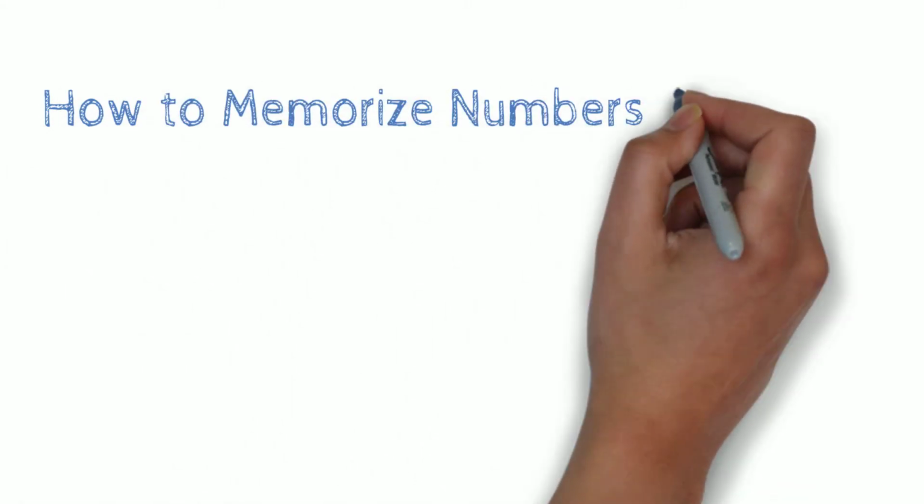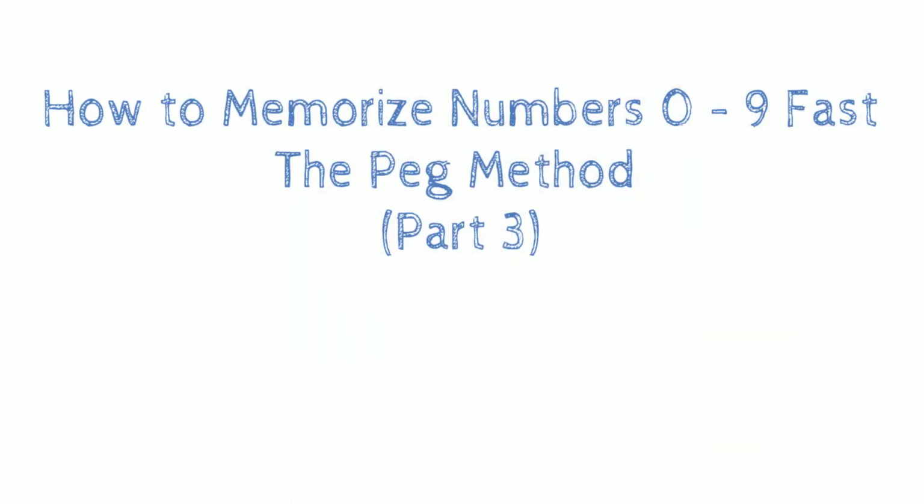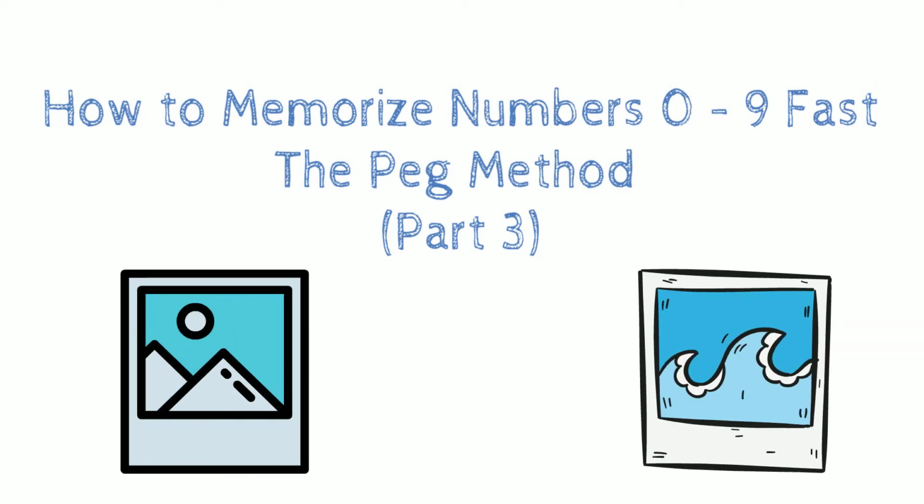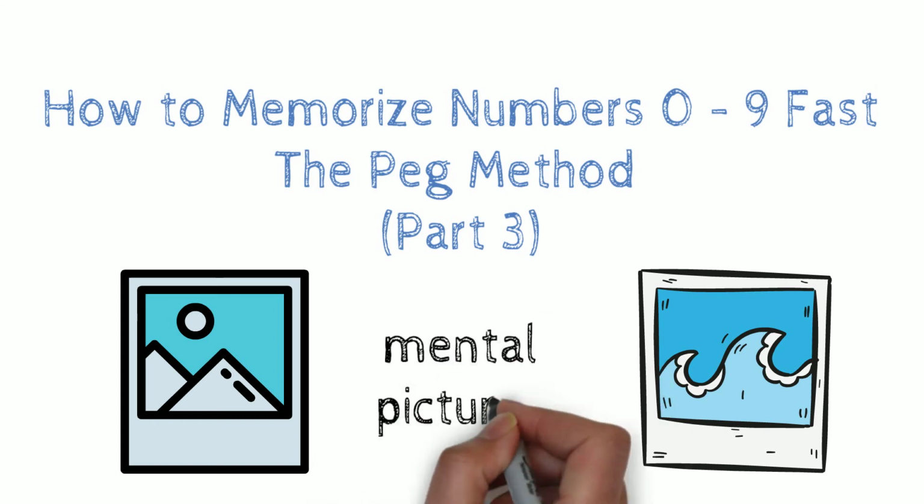Do you want a simple way to memorize numbers 0 to 9 fast and vividly? Well, I'm about to show you a system that helps you to memorize these numbers in terms of evocative mental pictures. You'll discover the PEG method of memory, which is a technique that uses memorable words to stand in place